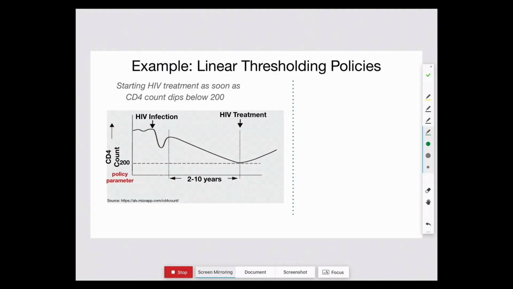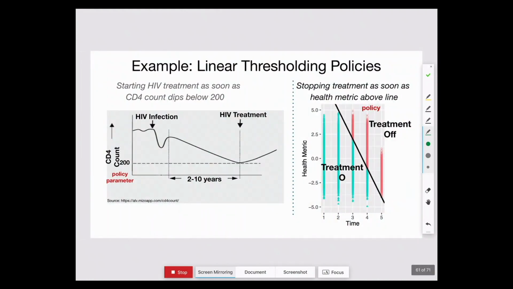So I'm going to not treat someone for HIV until their CD4 count drops below a particular parameter, and then I'm going to select which treatment regime I give them. So maybe I have 5 different treatment regimes, and I'm going to pick one of those 5. So this is a linear threshold policy because I'm conditioning on the CD4 count to decide when to start treating, and then I also need to decide what to treat. And similarly here, you could have something which is a joint function of something like time and a health metric, and you decide when to turn a treatment on and off. So we can consider not just linear threshold policies, but this when-to-treat setting.